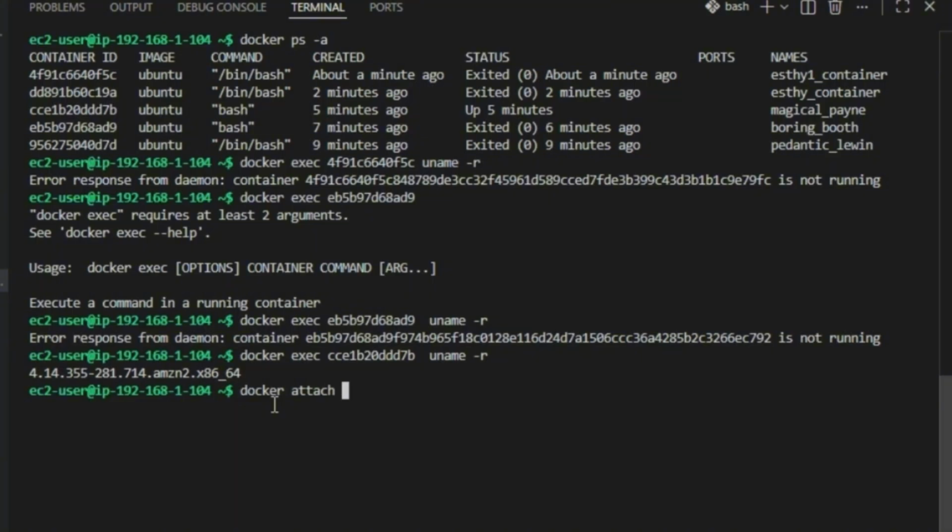Then you write the container ID. For example, we use that container ID and we enter. You can see we have attached into that container, or we have logged into that container. So that's the function of the docker attach command. So we can also go ahead and use docker login. For us to do that,